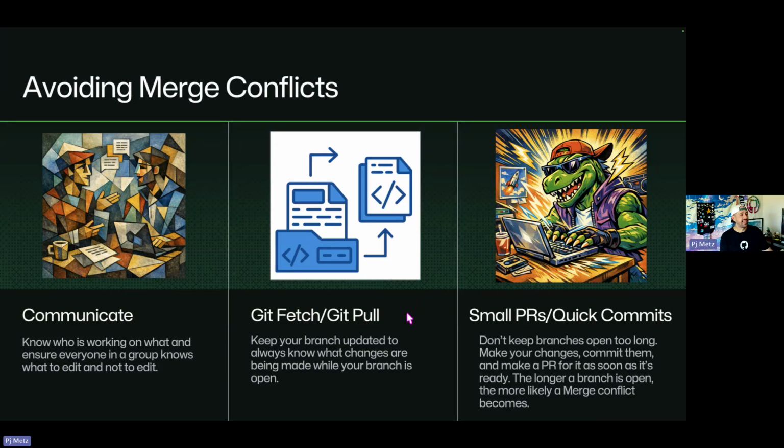Using git fetch and git pull frequently. Keep your branch updated. You always want to know what changes are being made while your branch is open. So making sure that when you start work, you hit git pull immediately. I had stopped working locally for a while. I've been doing everything in the browser. I've been using Codespaces and the web editor and stuff like that. So I haven't been working locally, but I started doing it much more